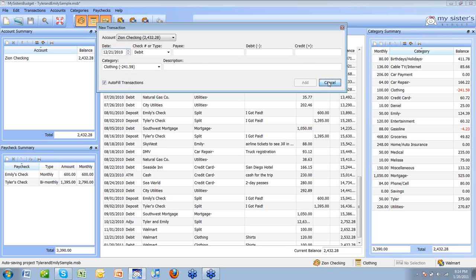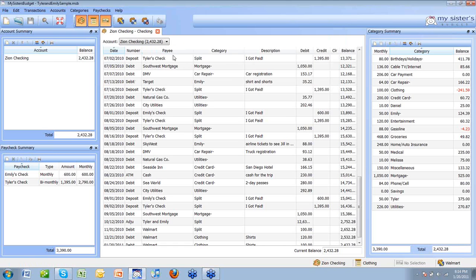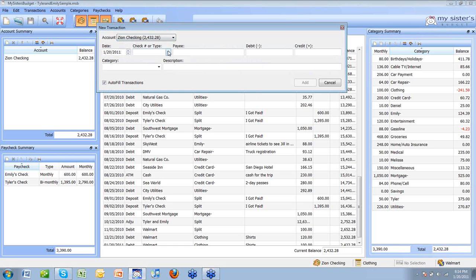We're going to go ahead and move on. There are 2 types of transactions. The one I just showed you, which is a single category transaction, and the second one we want to show is a more complex. Let's say we went to Walmart again, and it was on December 21st, 2010. We're going to make that a debit, and we're going to pay it to Walmart. Let's say it was $200,